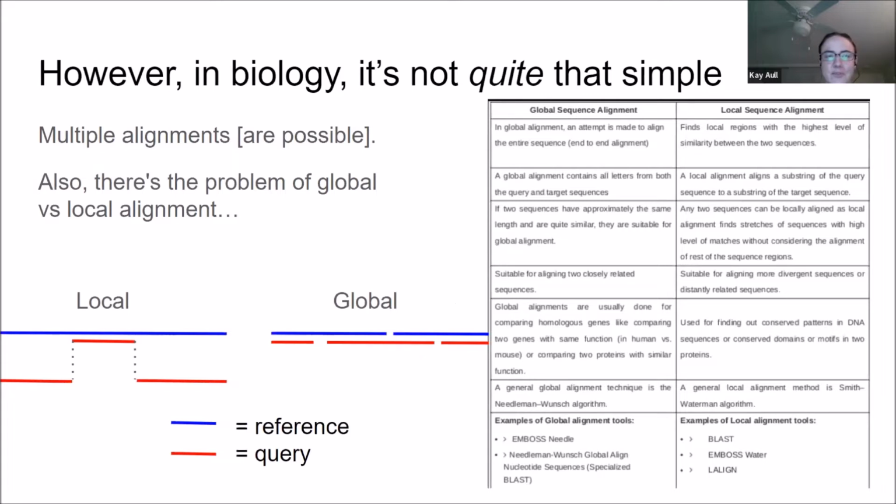And so, of course, this is biology. There are some more complications in here. It is possible to align multiple sequences. I am simply going to say that that is possible, and it uses the same idea conceptually. You're just generalizing it to n dimensions. But